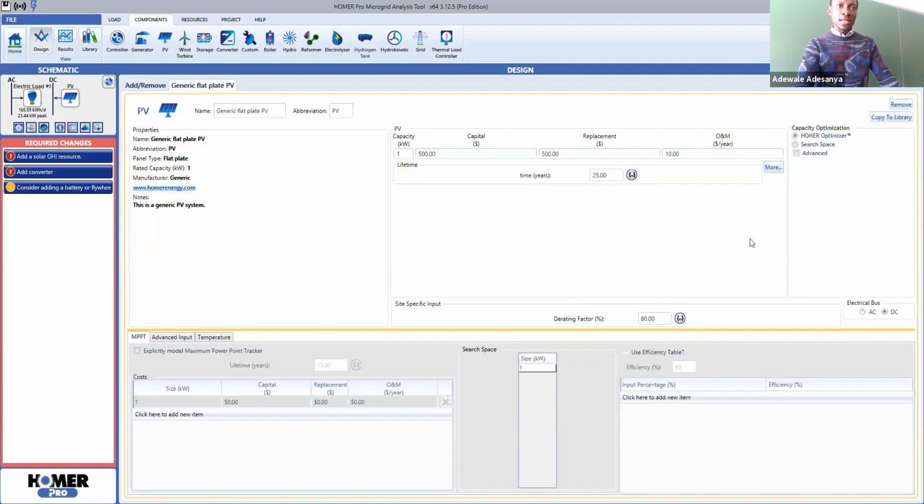So you can also have a search space. So now, what do you use? Here you have capacity optimization. In here, you want to have HOMER optimizing just these particular capacities to give you all the capacity possible. But this is going to be a very huge one. So you might want to put a search space that, okay, my bottom and top capacity is, let's say for the community in Houghton,